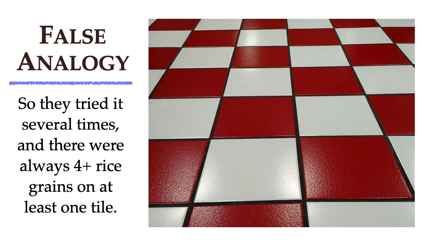So they tried it several times, and there were indeed always 4 or more rice grains on at least one tile. So the mathematician said, case closed, I've solved it, it's no big deal. So where did these 2 brilliant people go wrong? They didn't understand the probability and statistics of the example. This guy was a mathematician, but he probably was not a probability theory expert. But Rovelli took this as proof that the rare illnesses were just random.